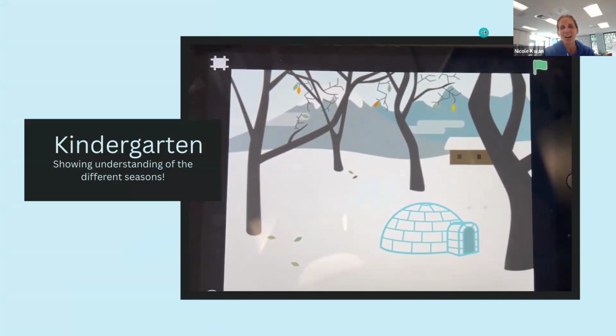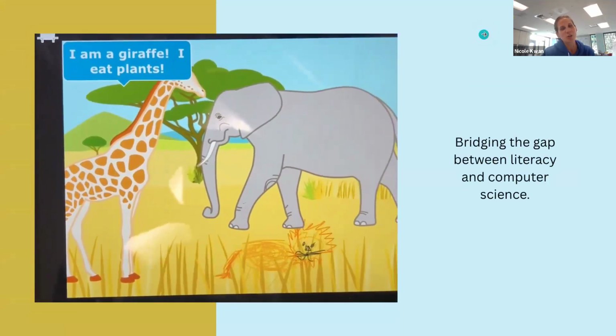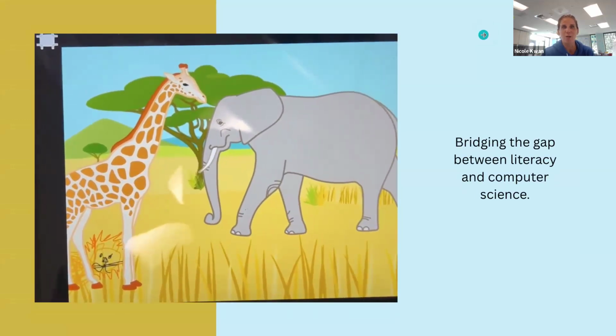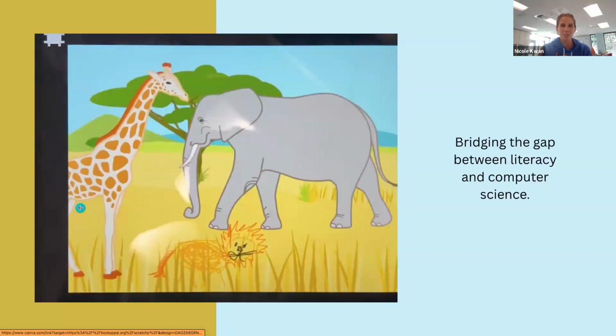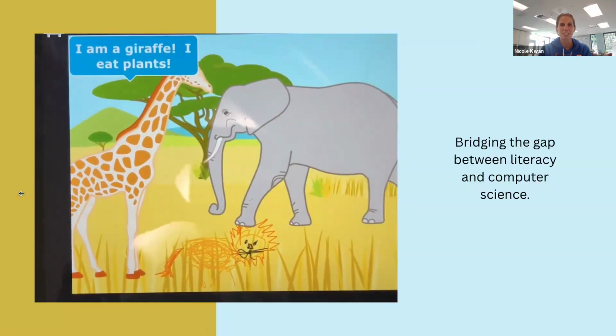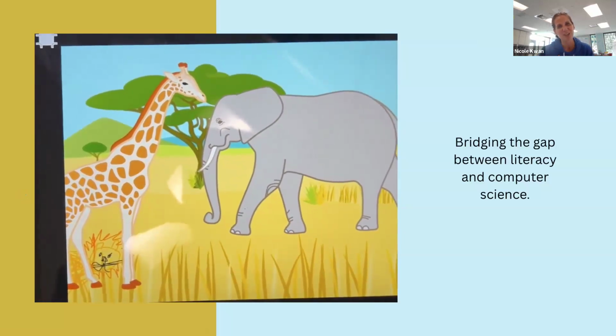And then my last one is, we last year started a new literacy curriculum where we're learning about ecosystems. And so this was a great way to take the end of our unit and have them code their understanding of a savanna ecosystem. I first had students draw a picture of a savanna ecosystem, and then they were able to do coding to show their understanding. I actually taught Mrs. Cowling's twins last year, so they were able to do that with me, and it's just been a really fun and engaging way to bridge that gap between literacy and computer science, math and computer science, and science and computer science.